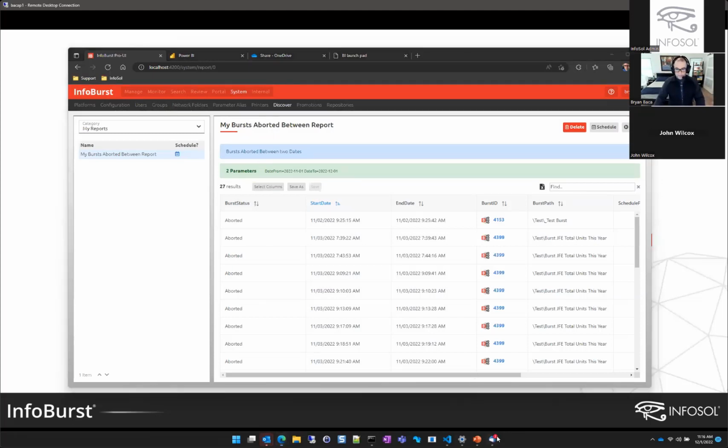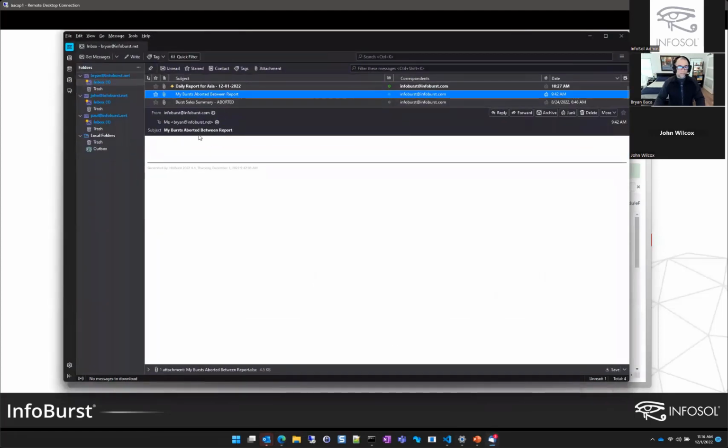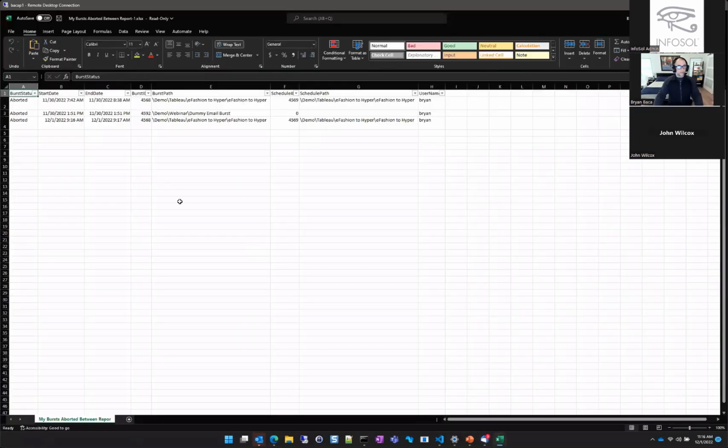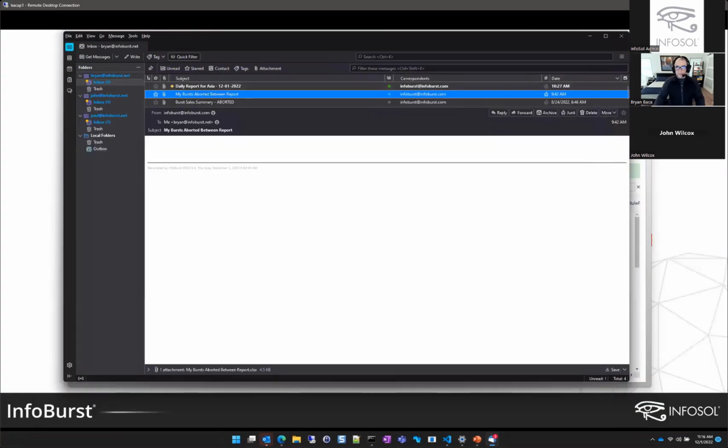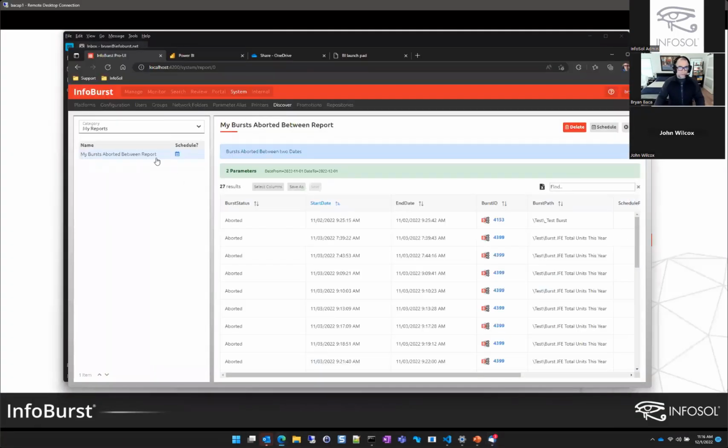So if we come down here to the mail client, this is the email that I've received from InfoBurst. It's got the title of my report. And then attached to that is the Excel file that represents my customized report based on that date range. So here are last week's aborted bursts. Okay. Now, before we move out of Discover, let me also show you a small change to some of the